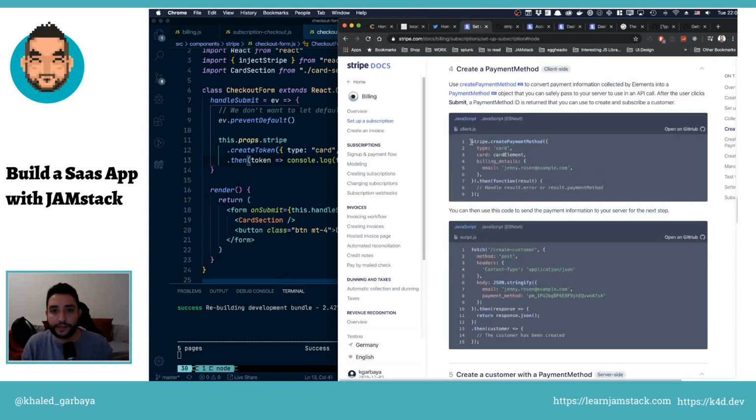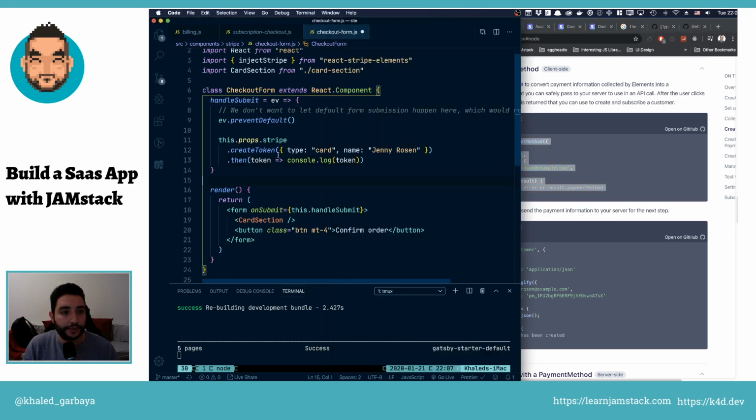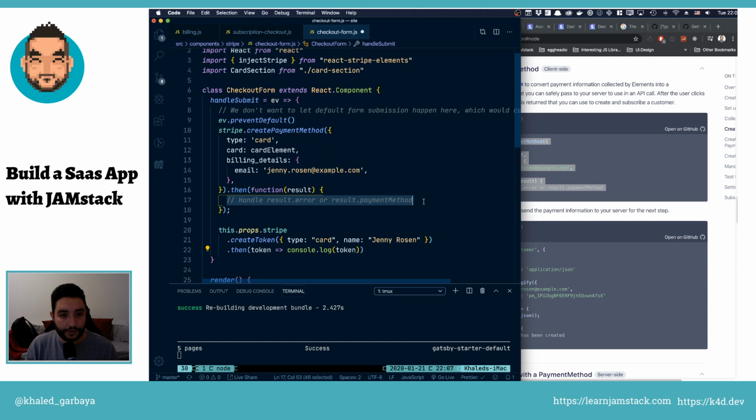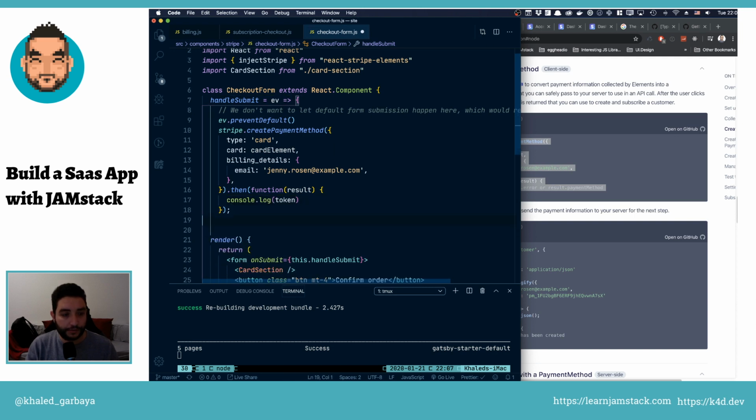Maybe that was some old stuff, okay. So instead of the token, let's use this. And then here, let's console log first the results, make sure we're getting something. Card, and then